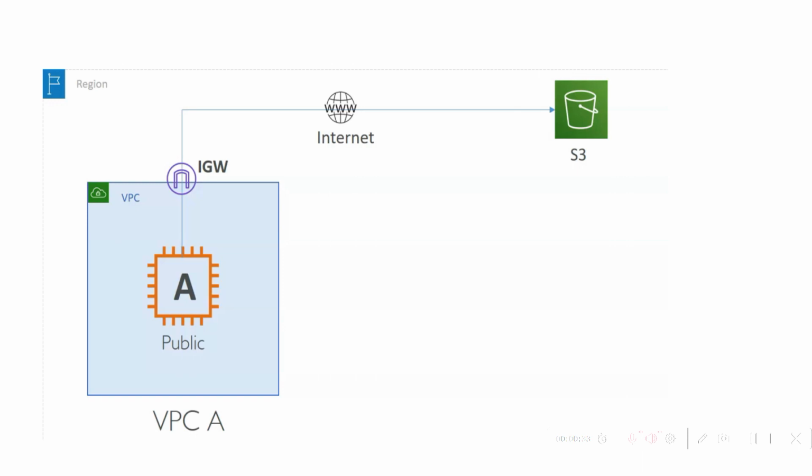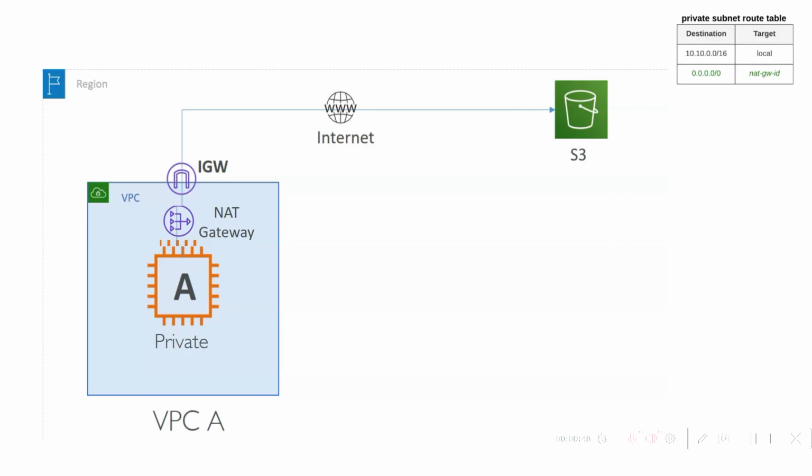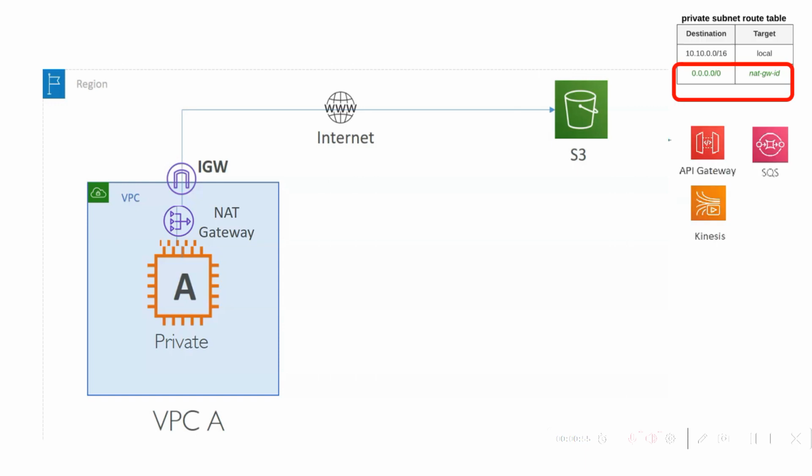And when it comes to a private EC2 machine, you also have to provision a NAT gateway in addition to the internet gateway to access that AWS service. And you also have to make the necessary route table entries. So S3 is one such service. AWS offers many other services like API Gateway, SQS, Kinesis Data Firehose, etc., which you can access with the help